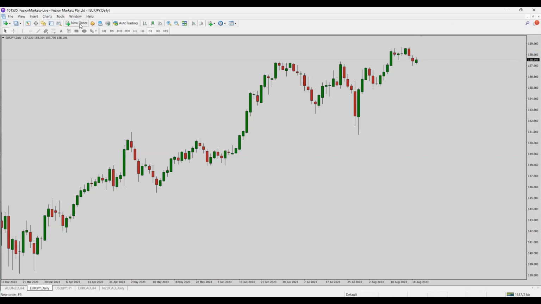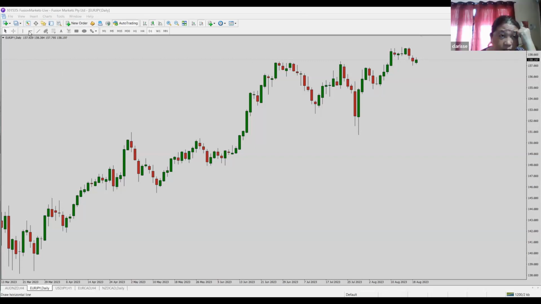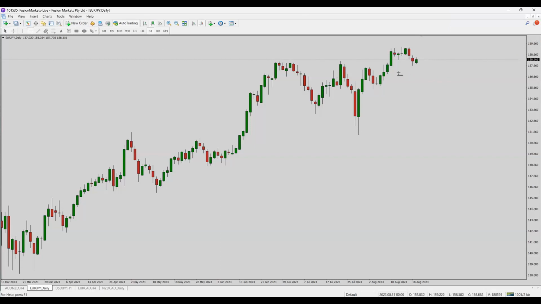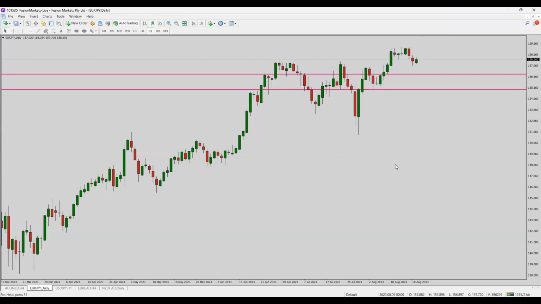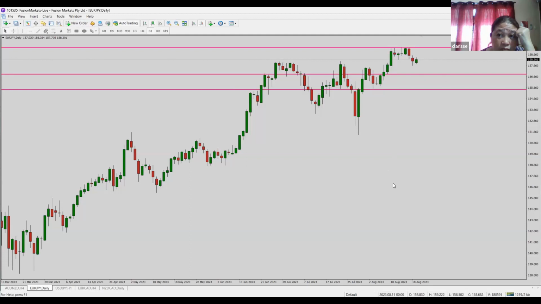If you want to place an order, you click new order. Can you see new order? Yeah. New order. So your order screen will appear, right? Let's say, for example, you want to buy when the price comes down to, say, this area. You want to buy, right? And you want to put a stop loss here, for example. And then you want to put your target here, for example.